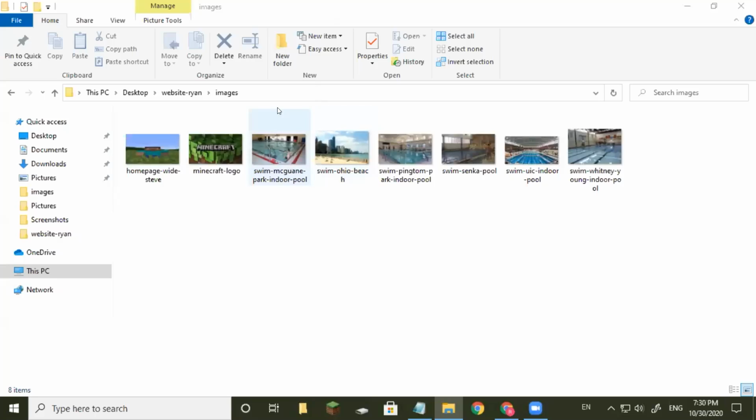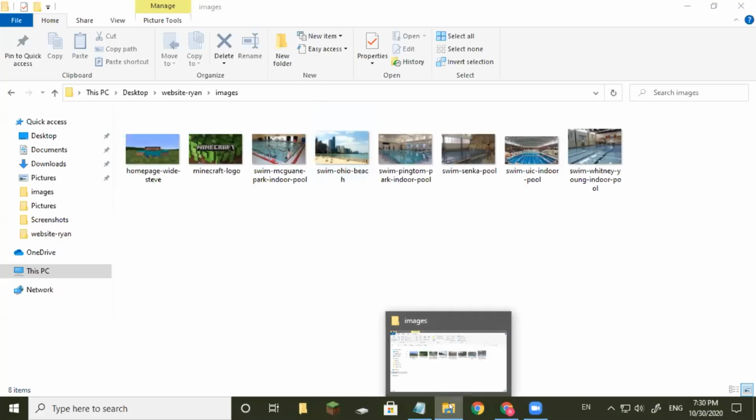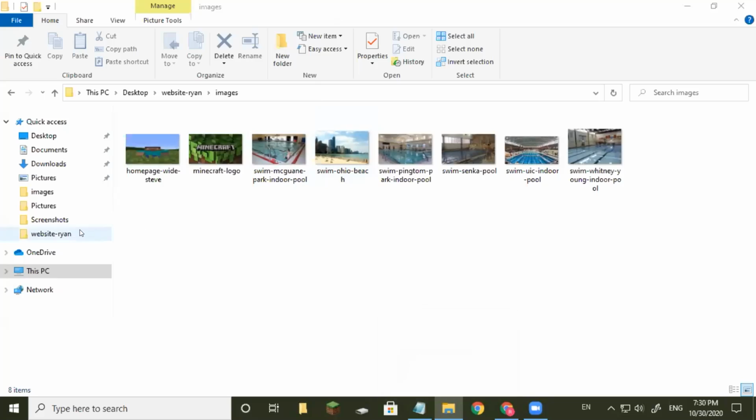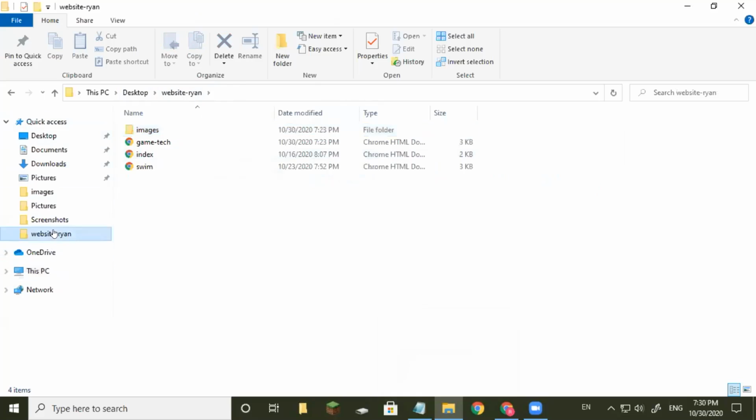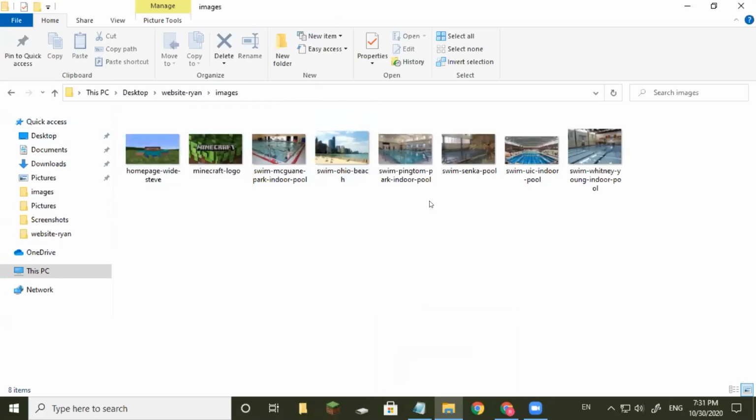And then you click on this icon, and then you click on your website. It could be down in quick access, or you can search for it in the search bar. When you click this, it should give you something like this, and then you go to your images,